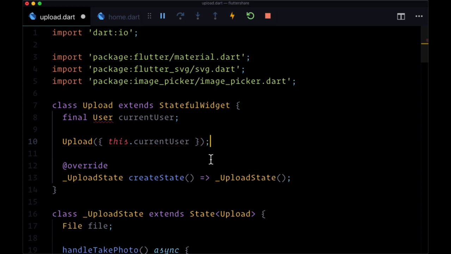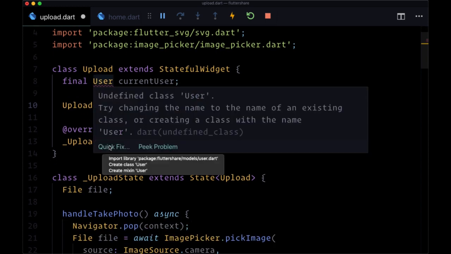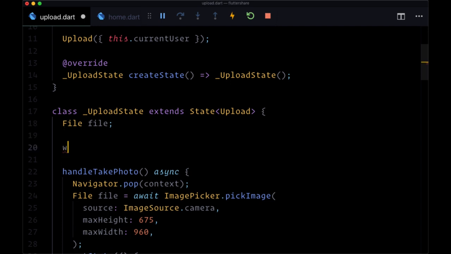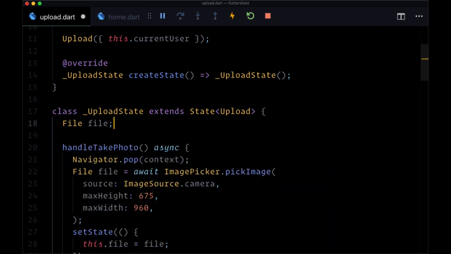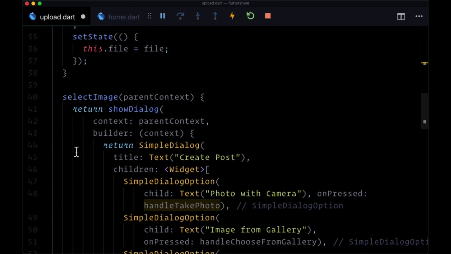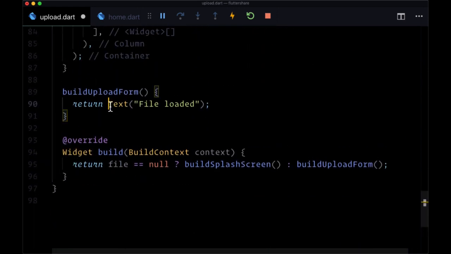this.currentUser. And then to access our current user, and by the way, we need to import our user model into upload. In order to use current user, it's going to come from the value widget.currentUser, like so. So all of what we're going to be building is going to be returned by our build upload form function, and instead of returning a text widget, we're going to return a scaffold. So we'll give it a return type of scaffold. For our app bar,